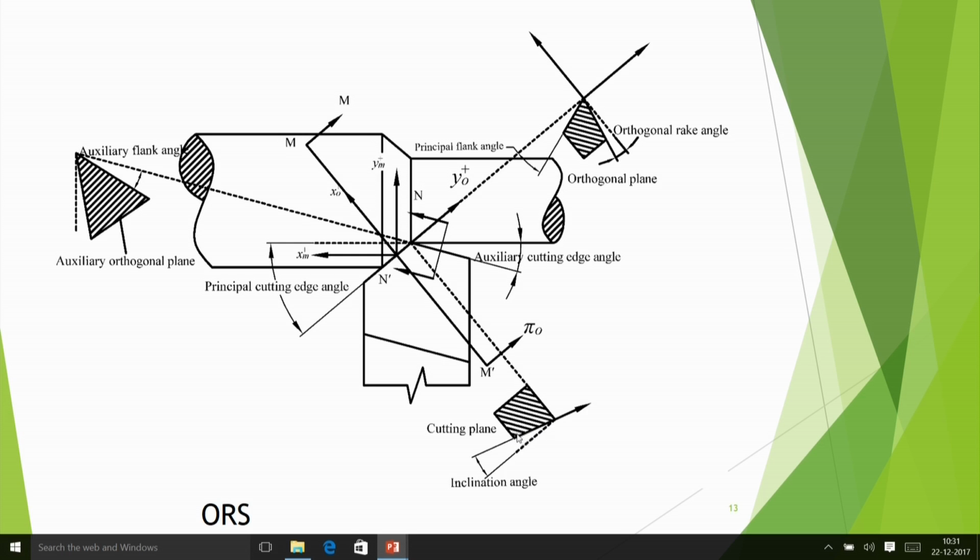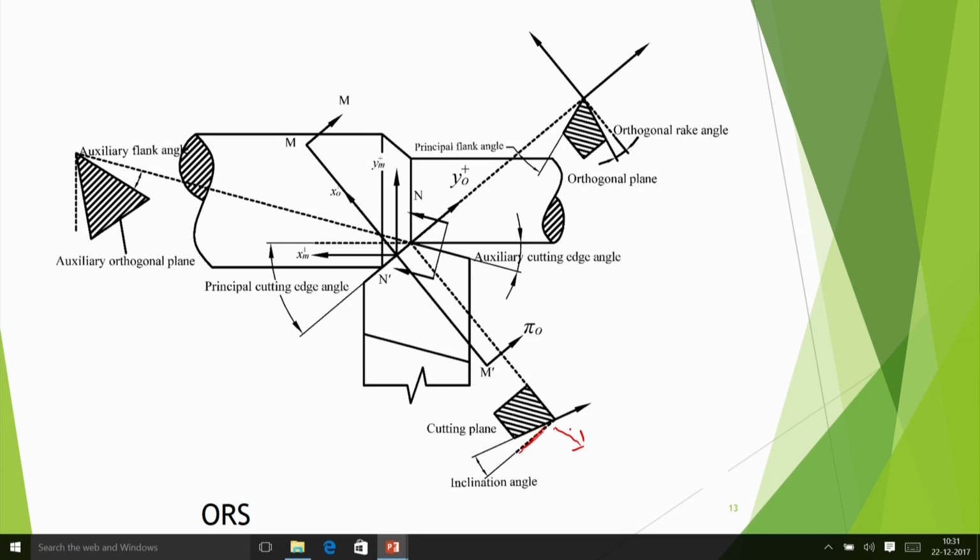So that means it is at some angle, and from the top reference surface, that means this is perpendicular to the velocity vector. So from here, that inclination is called inclination angle. If it was orthogonal cutting, then inclination angle would have been 0, and in that case the cutting edge would have been really this dotted line, because the velocity vector was vertical here in this direction.